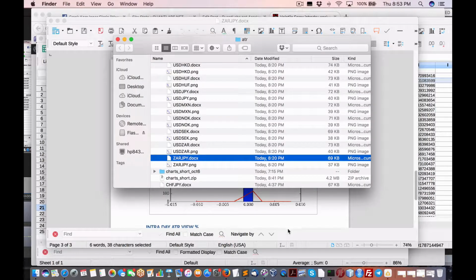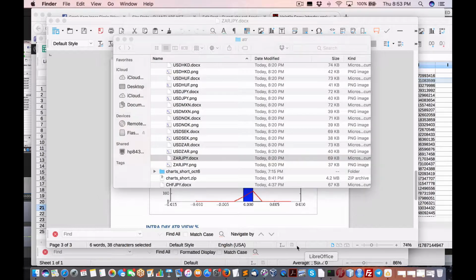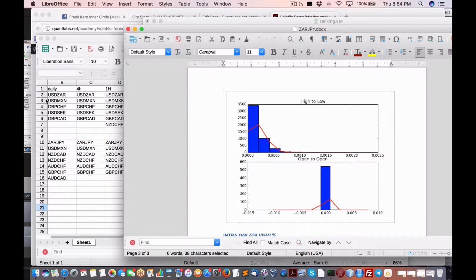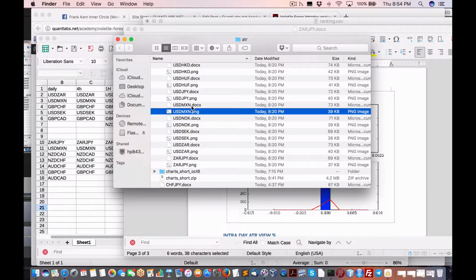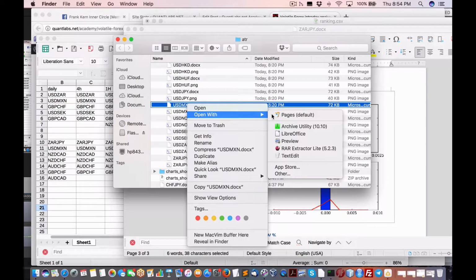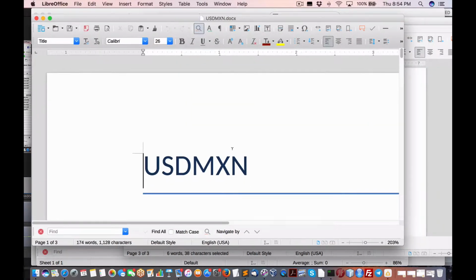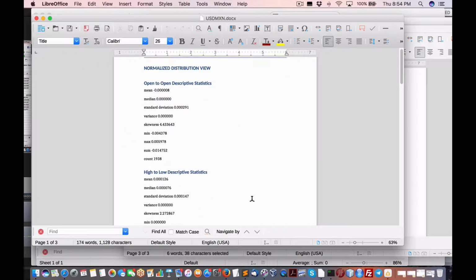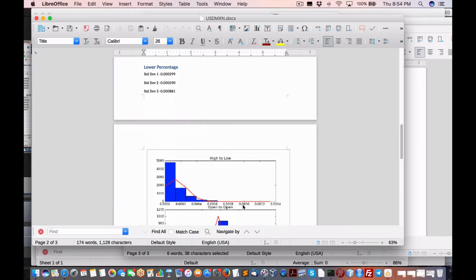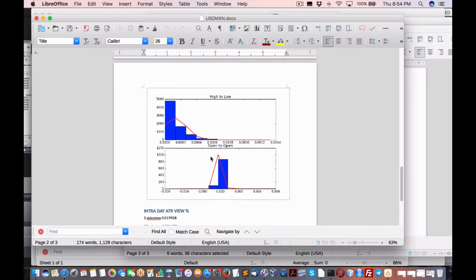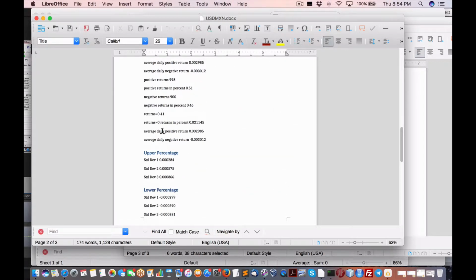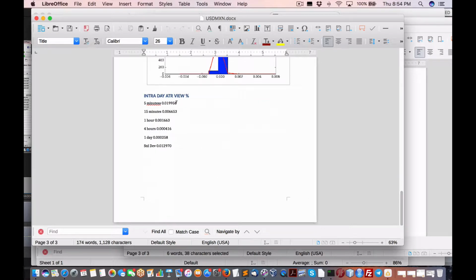Now if I looked up the next volatile, which is the USD Mexican. Okay, let's check out this document. Okay, so this is the second most volatile that we've been tracking over the last few weeks, but when you factor in the chart here, in the intraday view, which I've added here,